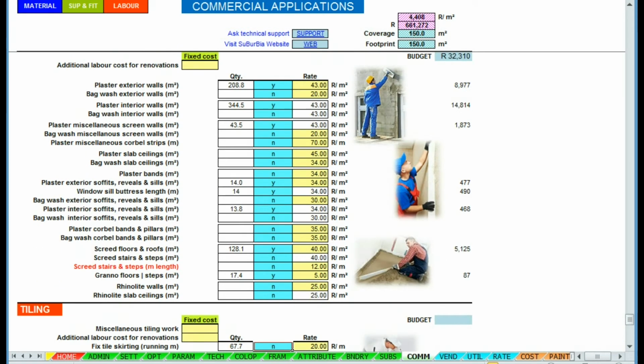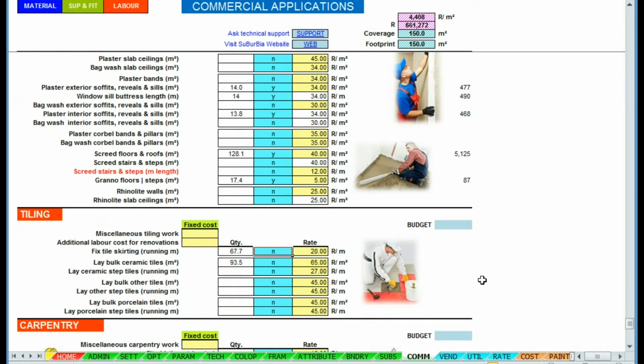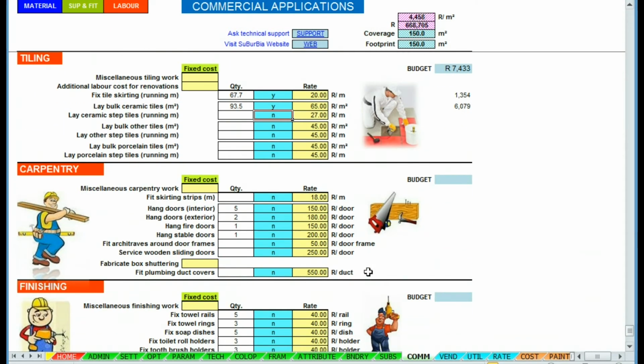That takes care of the plaster work. We can just look at the tiling labour and the carpentry. A few doors need to be hung,